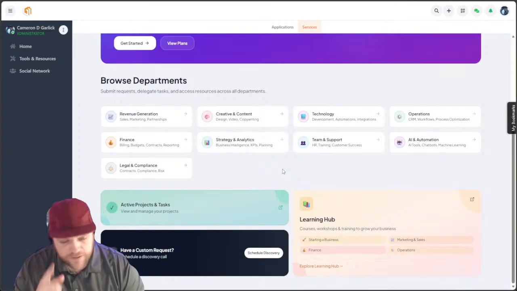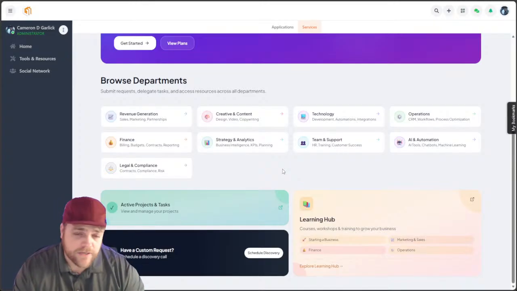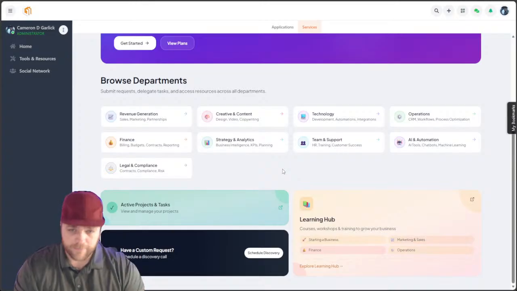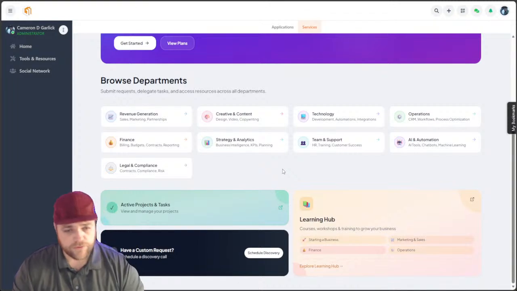The goal is to separate you from that task of, crap, I have to fulfill. No. You focus on the vision, you focus on the sales, you focus on those things. What do you need help with? I need help with sales. Cool, we'll handle it. I need help with product fulfillment. Great, we'll handle it. I need help with design. Great, we'll handle it. I need help with my sales, my creativity, my technology, my operations, my finances, my strategy. I don't know what I'm doing. My teams, my supports, my HR, my AI solutions, right? My legal, my compliance. Great, that's fine. We'll do it all for you.